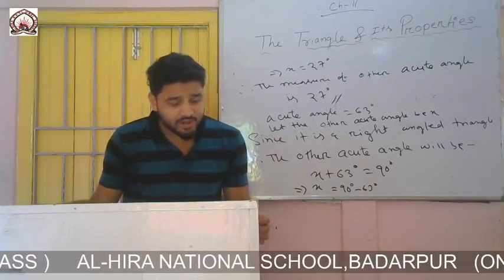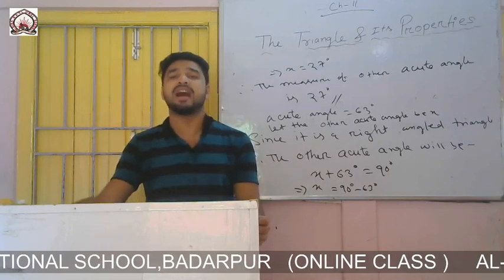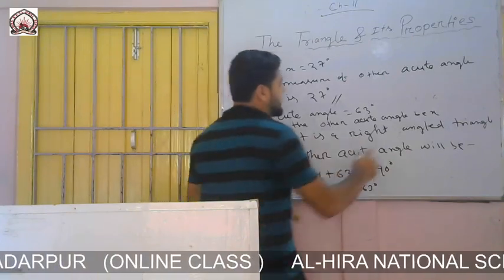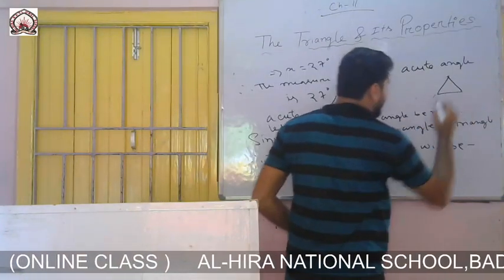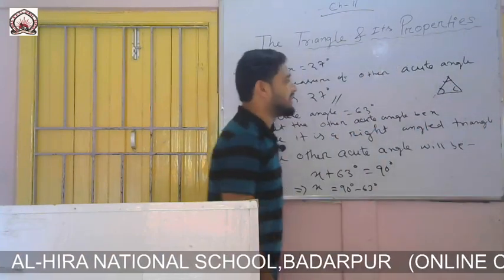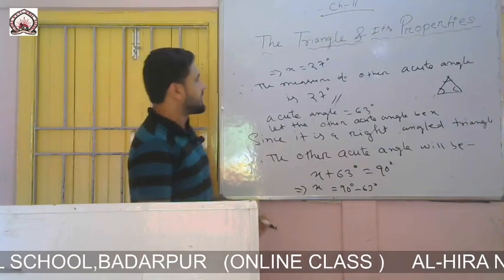Now come to question number 2. The three angles are equal to one another. We have to find the angles. That means, suppose this is a triangle, and the question says that all the three angles are equal. Then you have to find the three equal angles. So write